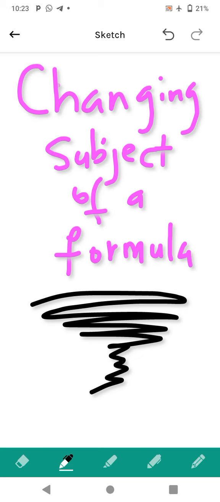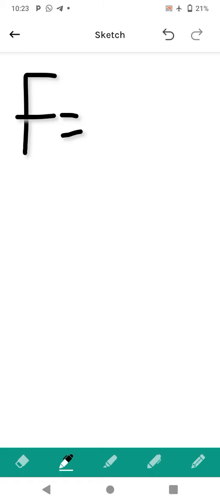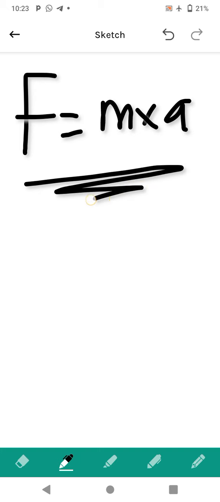This is Tambari, and today we shall be looking at the topic titled Changing Subject of a Formula. Now, a formula, of course, is either an expression or an equation, but we're going to be looking at an equation used for solving mathematical problems. We know that force is given to be mass times acceleration. So in this context, we say force is the subject of the formula because it's occupying one side of the